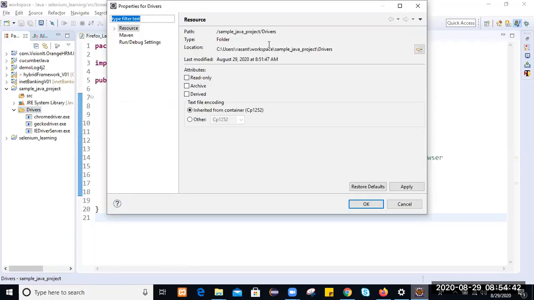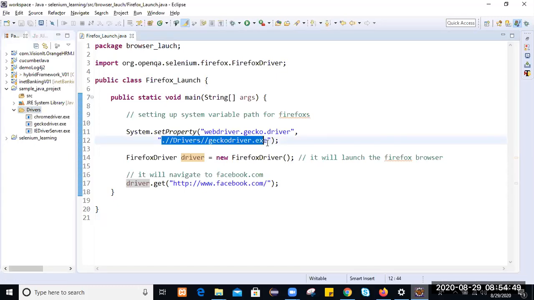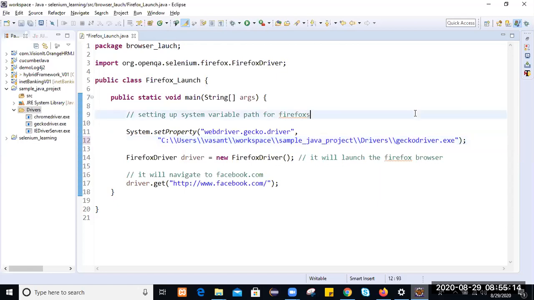This is the path, just the location of that driver exe. Let me take it like this. That also works here. Why is it not working in this? We have a drivers folder, and under that we have geckodriver.exe.